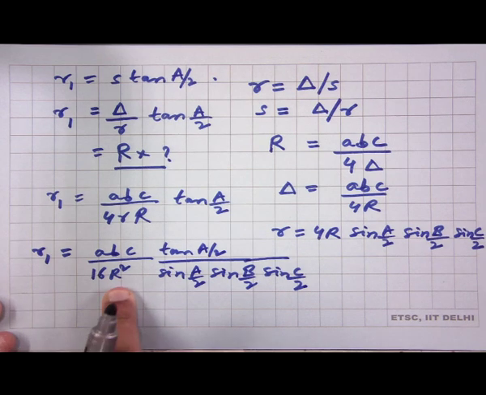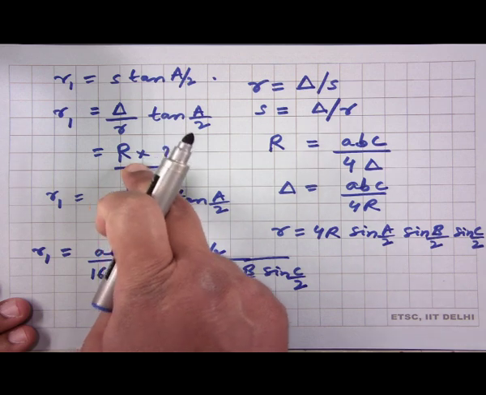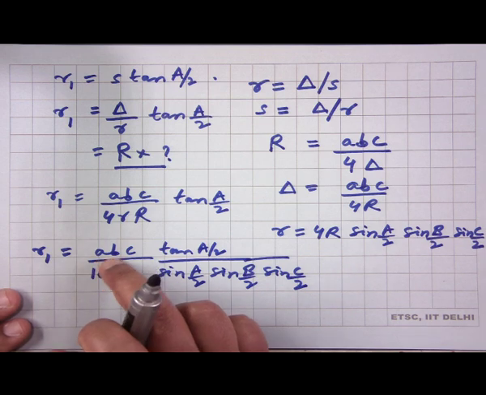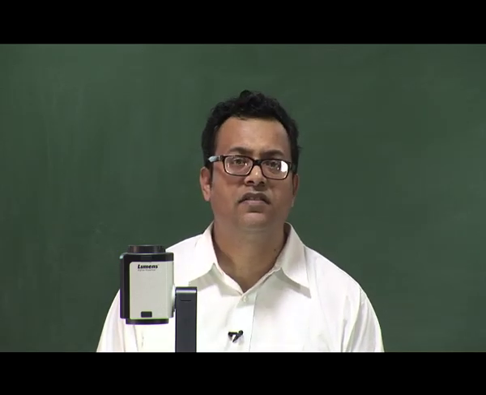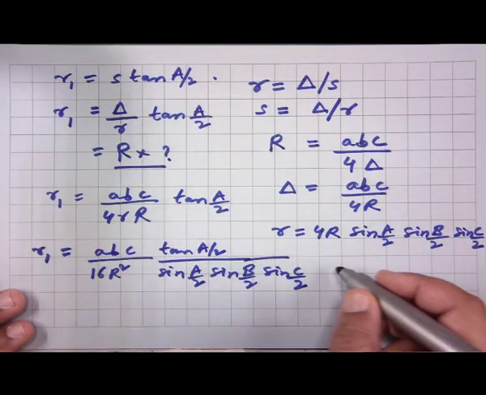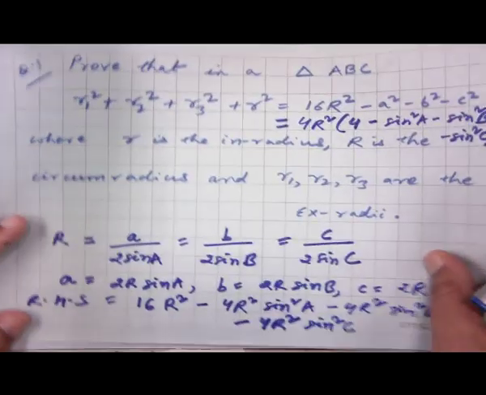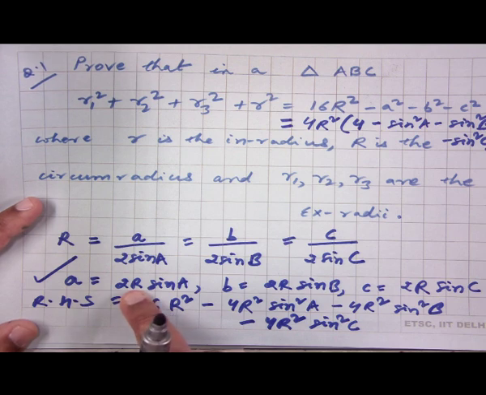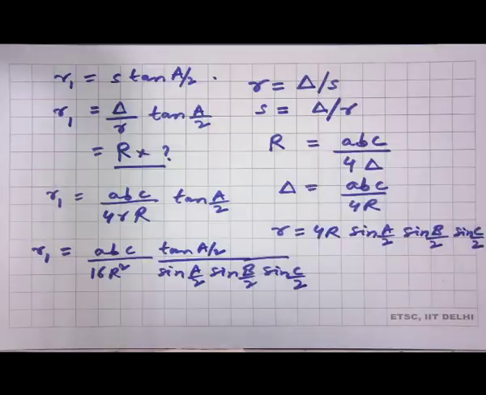So, now we do have R on the right hand side here, but then we wanted the R to be in the numerator, right. And these are all trigonometric functions. So, we need to do something with this a, b and c. Can we express each one of them as R times something, as a product. So, we need to write all of this a, b and c as the product of the circumradius into some trigonometric function. So, that reminds us immediately of what we saw on the just previous slide, which is here, which is that a, b and c are nothing but twice the circumradius times the sine of the corresponding angle. So, when we use these three instead of a, b, c in this equation here, what we get is